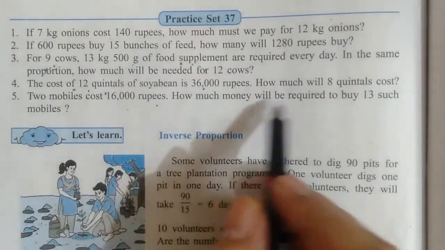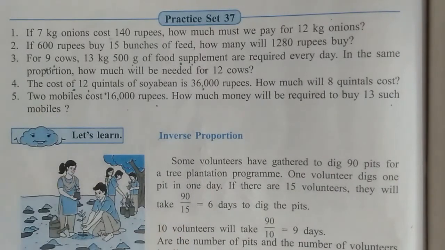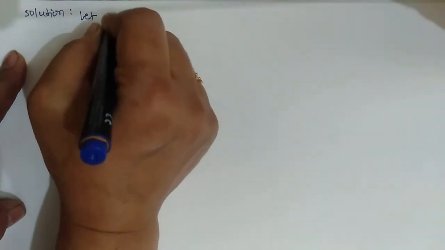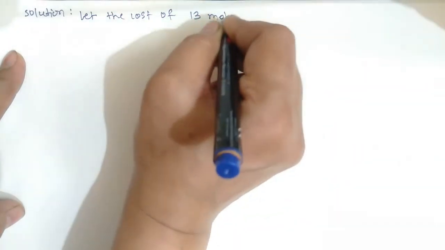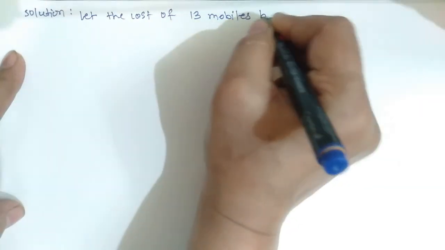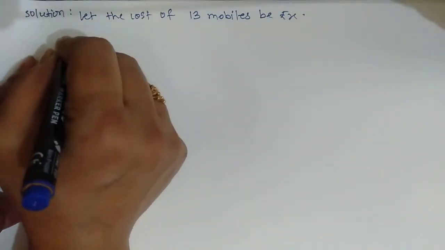So we assume the cost of 13 mobiles be X rupees. Let the cost of 13 mobiles be X rupees, and we know that